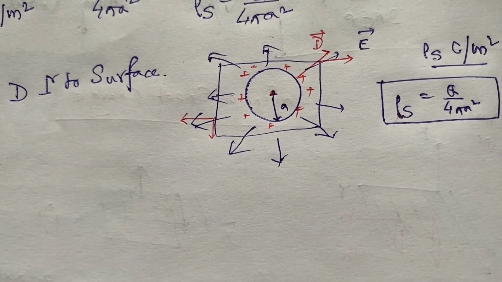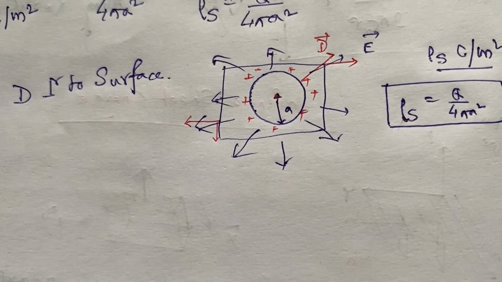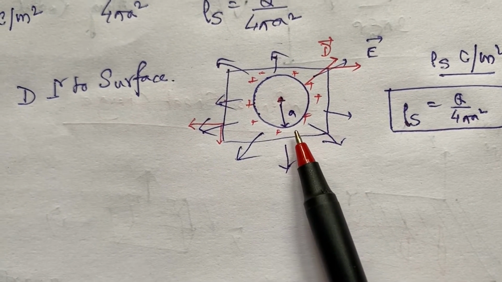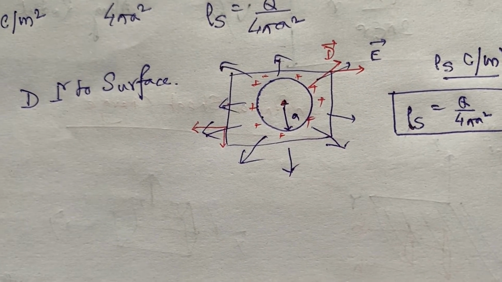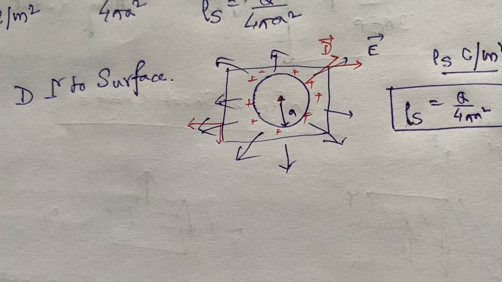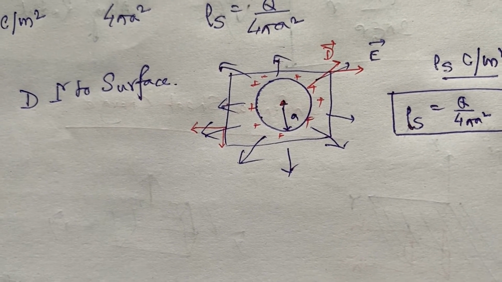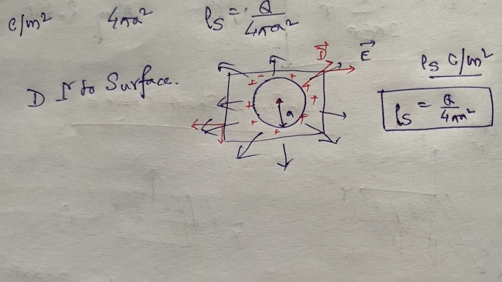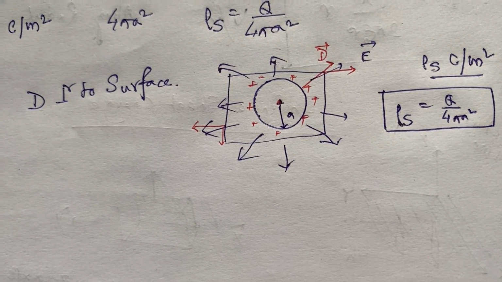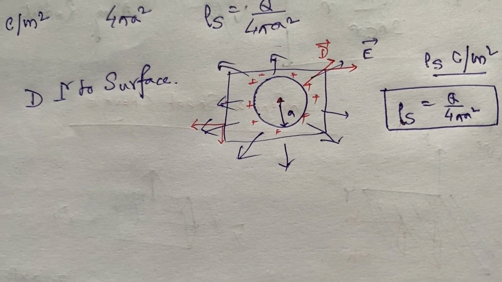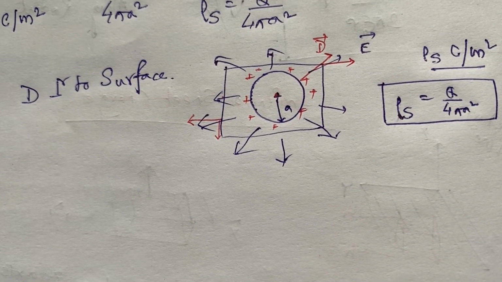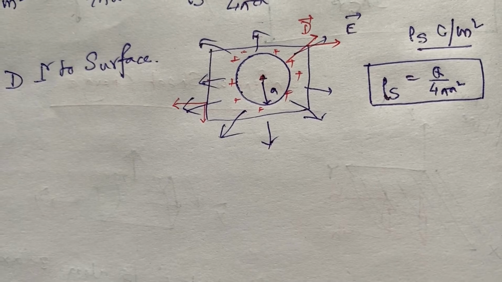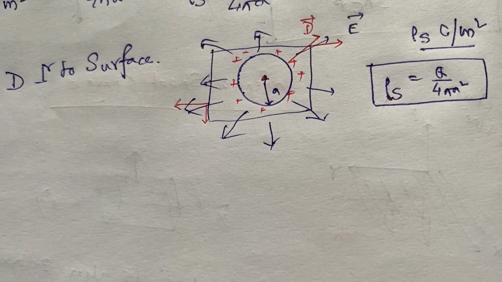Actually, we can apply Gauss's law for any kind of surface, but my intuition is to basically choose a spherical type of surface, because then performing the integration will be much easier than if we choose an arbitrary surface. But please do not have any notion that Gauss's law cannot be applied for arbitrary surfaces. Yes, it can be applied, but in order to make our integration simpler, we are choosing a